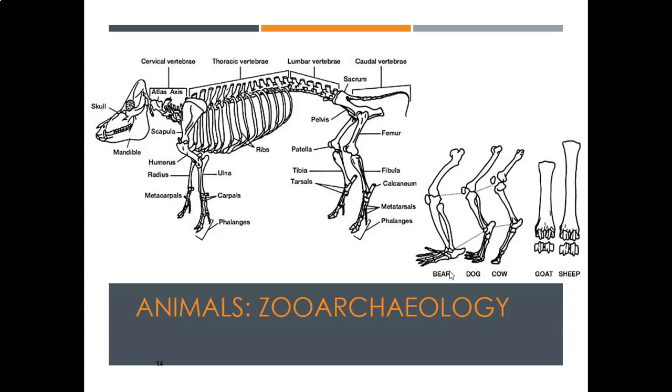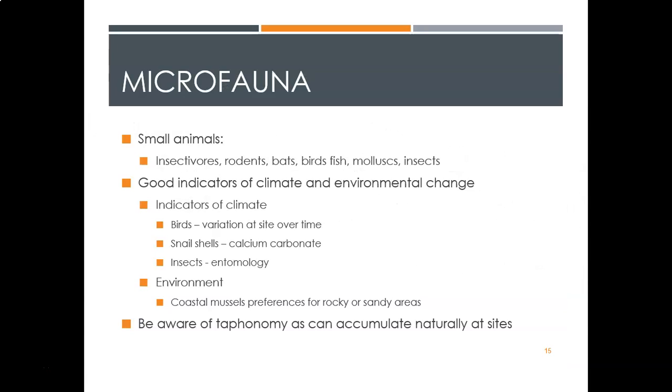We're going to spend time in week 9 doing zooarchaeology, but I did want to introduce a little bit about the study of faunal remains. Of course we have micro and macrofauna. Both tell us different kinds of information about environment. Microfauna in particular has been focused on by archaeologists because of what it does indeed tell us about climate and environmental change. So we know that birds and actually a lot of reptiles and amphibians are really great indicators